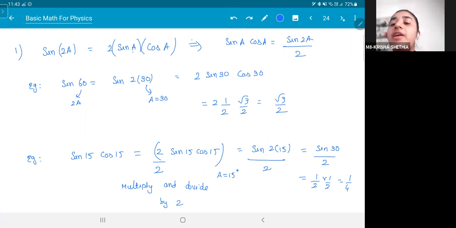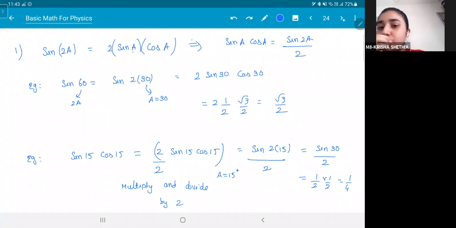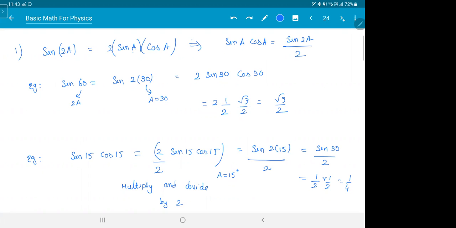So sir, whenever we have sine A and cos A, and then we need to reverse it to the formula, we need to multiply and divide it by 2. Yes, by 2. Perfect. So basically this thing is useful for half angles. If you have 2A, you can make 2 sine A cos A. If someone gives you sine A cos A, you can get sine 2A. Clear? This formula is important, comes multiple times.